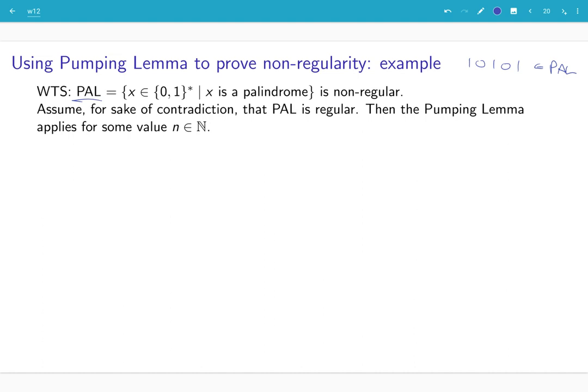Okay, so this is all going to come down to crafting a carefully chosen example of some string in the language. So here's my string. Consider the string x, which consists of n zeros with a 1 in the middle, and then another n zeros. So this is in the language, it's a palindrome. And the pumping lemma says that there is some substring within the first n characters that I can repeat any number of times. So then there exists some,